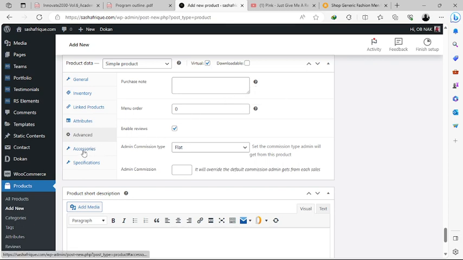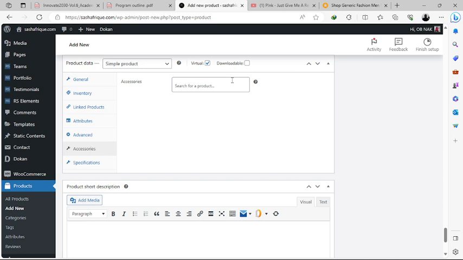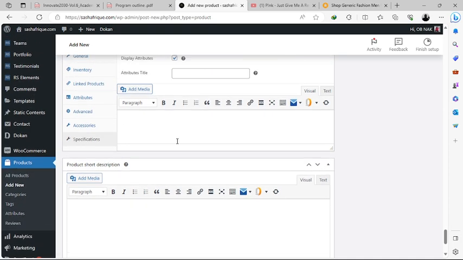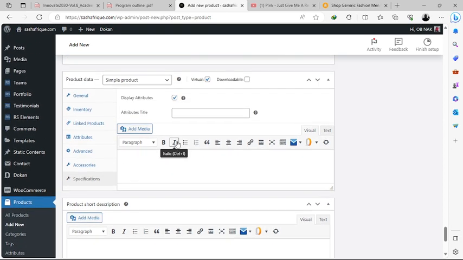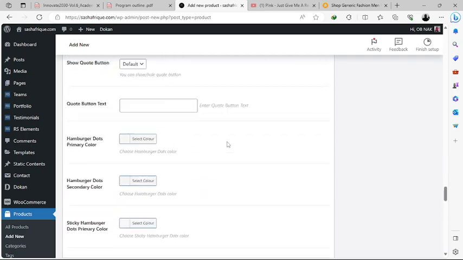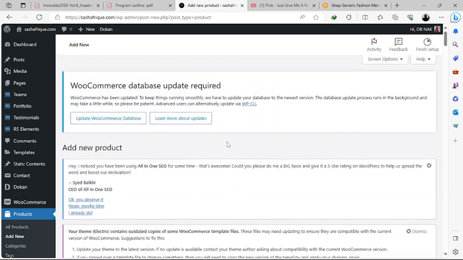Then you come to the accessories. So if there are other accessories, you put it there. If there's none, you leave it. Then you come to the specification. Then you can detail the specification of the products. You can put it here. So once you are done, you scroll up